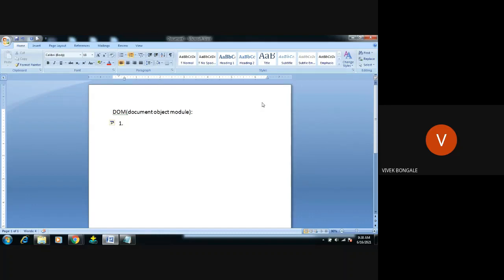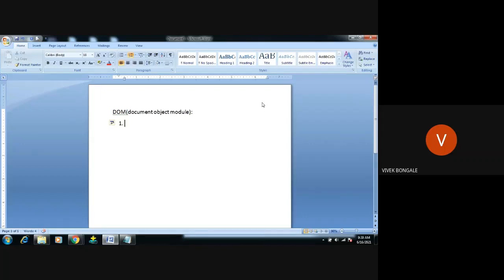This JavaScript should interact with the HTML page. We are going to write that JavaScript either in the same HTML page, or in a separate file.